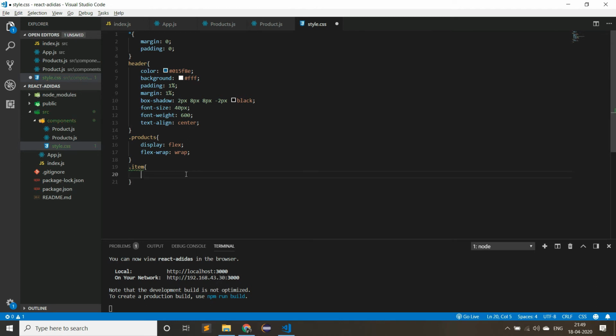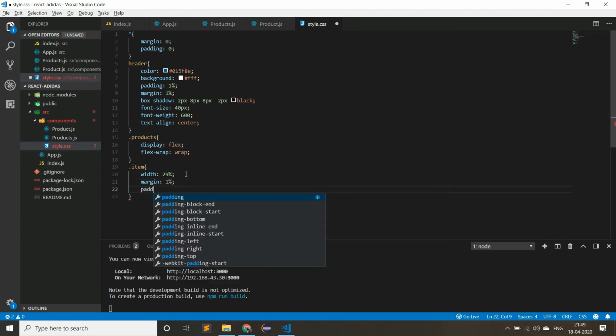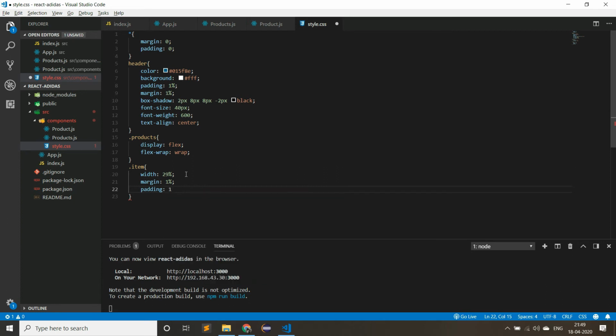First let us add styles to item. Here width equal to 29%, and then margin 1%, and then add padding 1%.